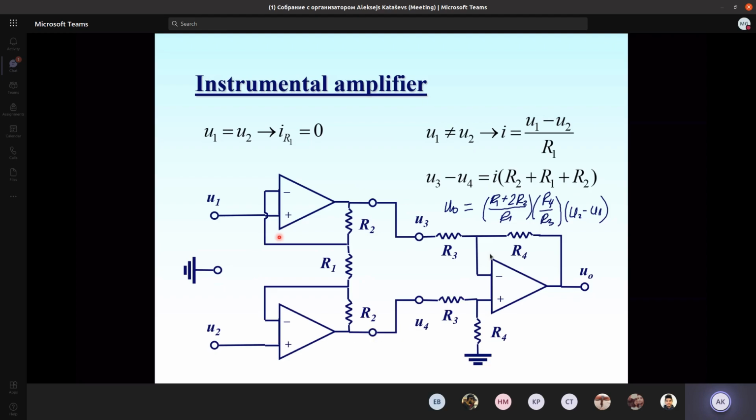We know what may be the spread of the bias currents or the offset voltages, so those non-idealities are characterized, but we don't know them for the particular amplifier. That's why it's very difficult to calculate the common mode rejection ratio or common mode gain, and usually the manufacturer just assembles such a type of instrumental amplifier and measures the typical common mode rejection ratio that could be reached with